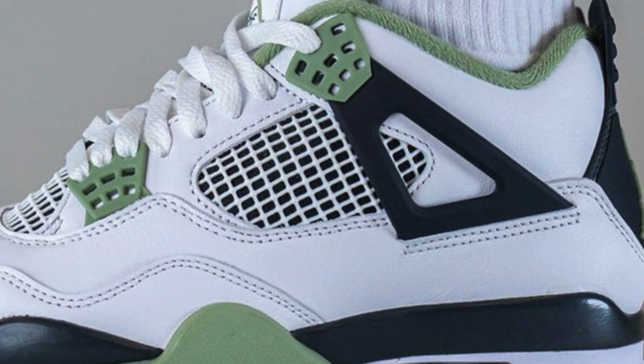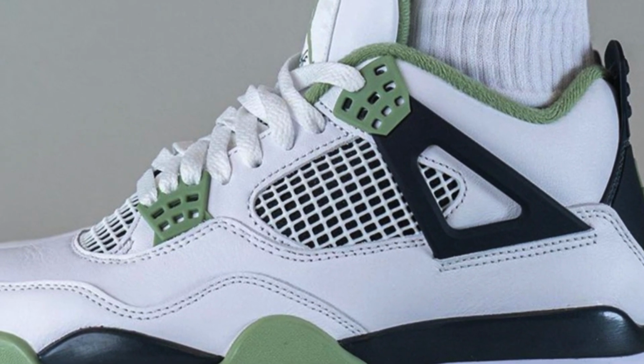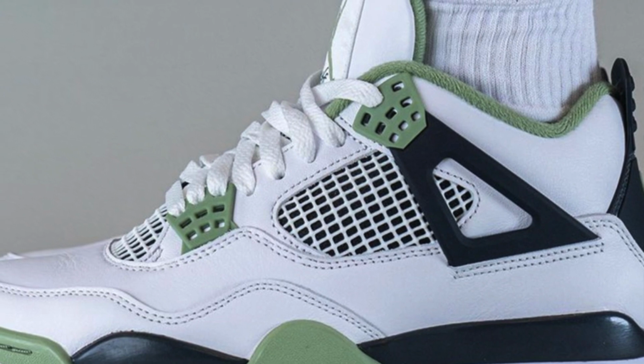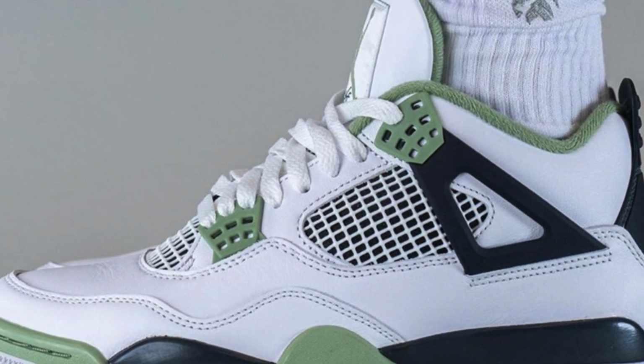And I will tell you, I do believe that Nike, for whatever reason, maybe they're paying their bills, maybe they got some extra money, they did activate their bot protection, which reminds me,